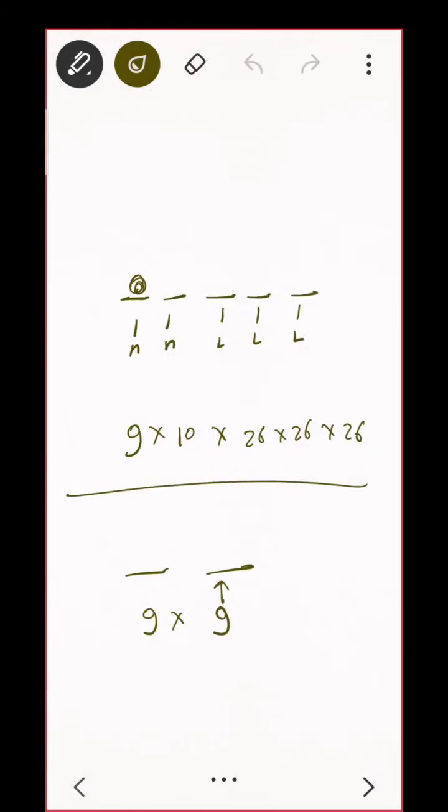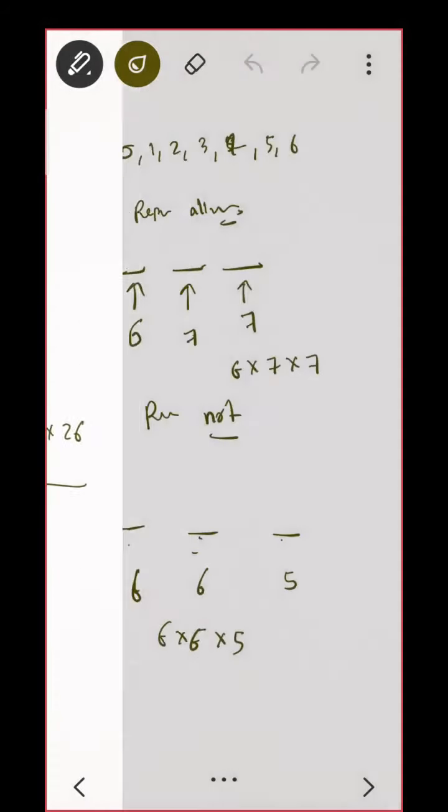Good. So I think we should go ahead now. I'm happy that most of you have solved, and most of you actually used the combination nCr formula, which I don't want. I was not expecting that at this place. I was just telling you the basics. You don't have to use any combination or anything. No issue.